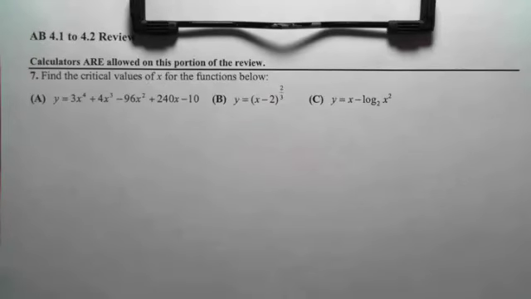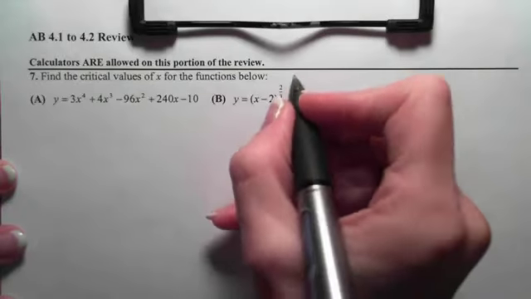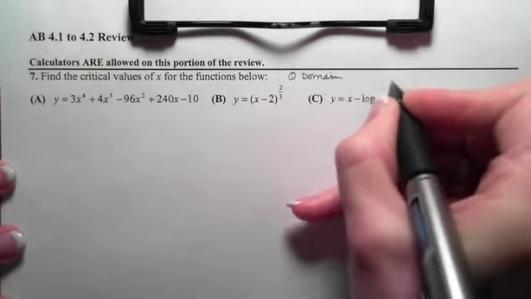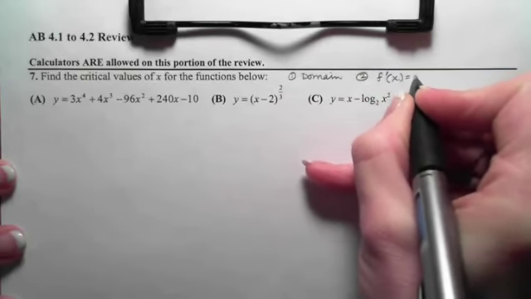This is the 4.1 to 4.2 review, and this time calculators are allowed, which is pretty nice. And our job is to find the critical values of x for the functions below. So let's keep in mind that in order to be a critical value, two things have to happen. You have to be in the domain, and the second thing is f prime of x has to be 0